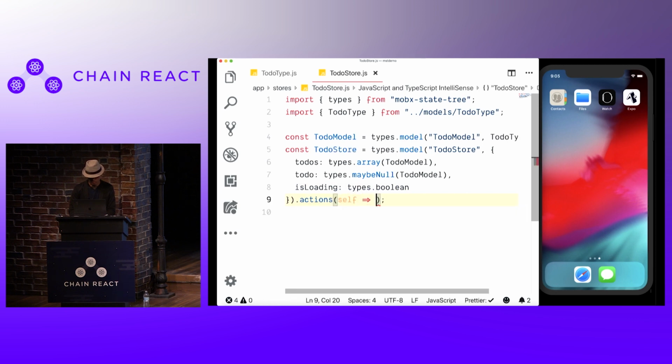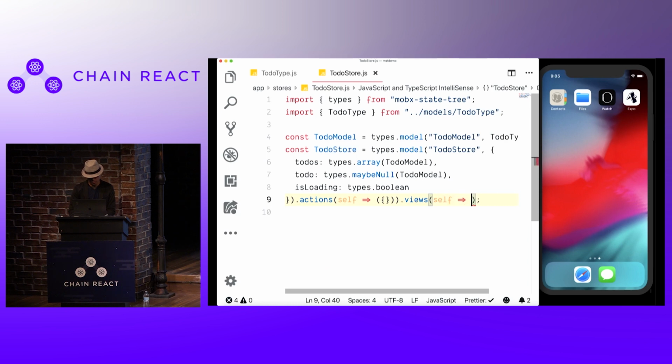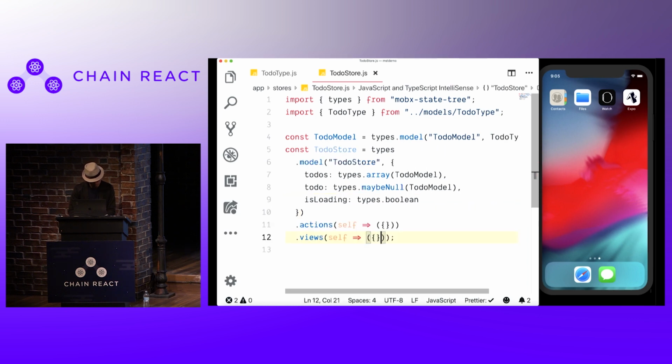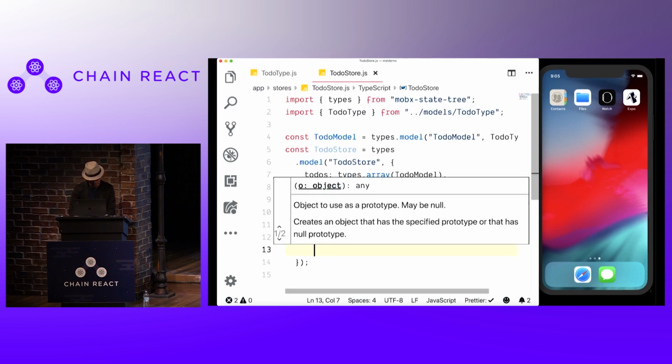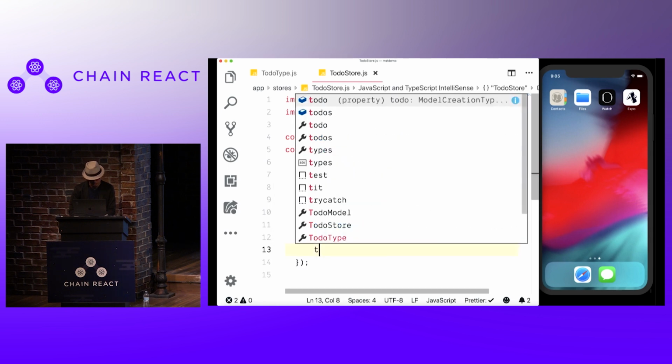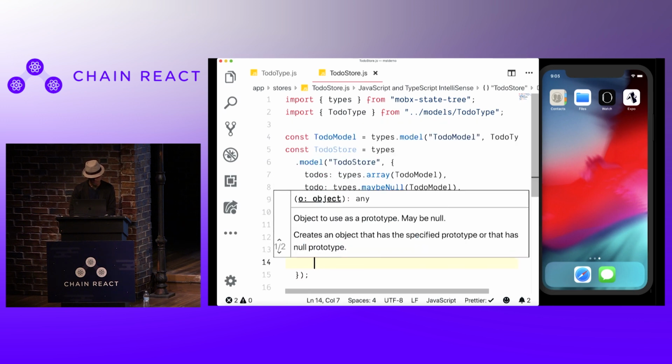So actions, they modify the states. Self, meaning it is bound to current instance, and views are where you derive a fact from your state. And then here we're now initializing our states. To-dos, just an empty array. To do,